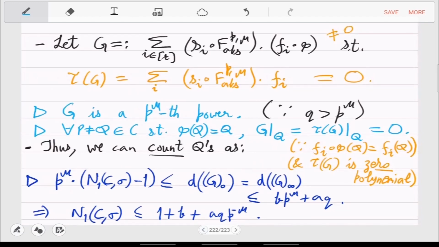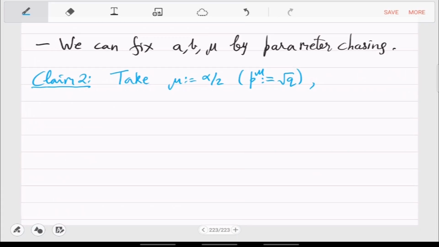The square root q is multiplying n1 in this calculation. So there is a saving which is happening in the multiplicity, and q p minus mu becomes a square root q. So that a part will basically become the main term and b part will become the error term. That's the plan. So for that, let me fix a to be and b to be